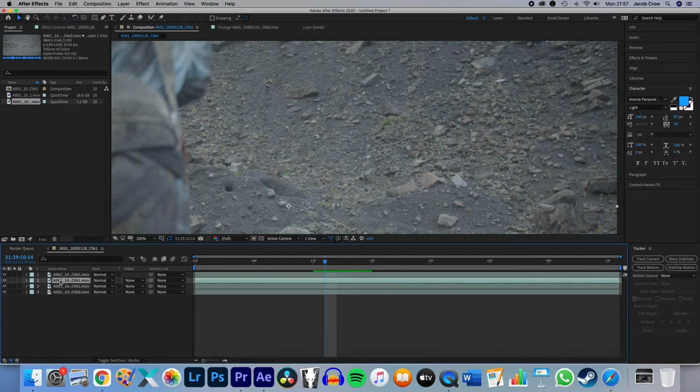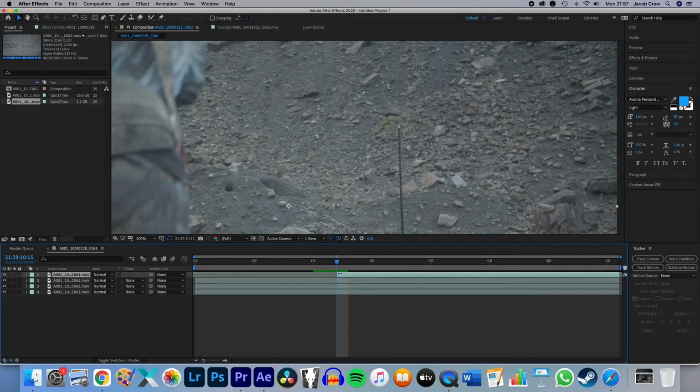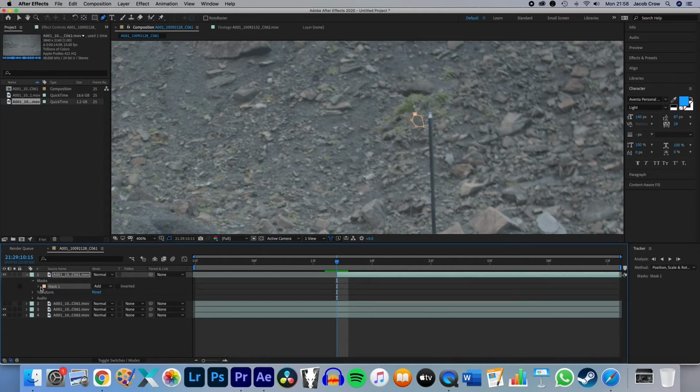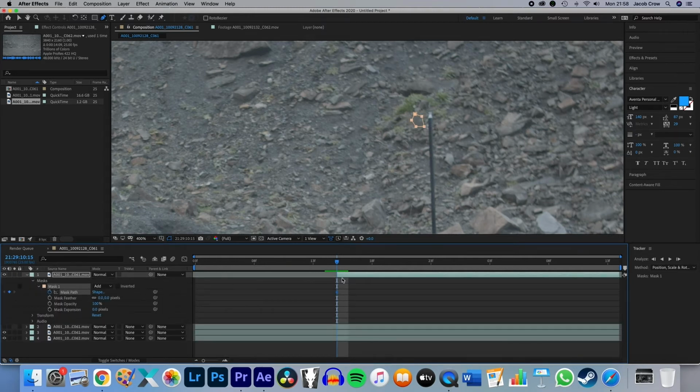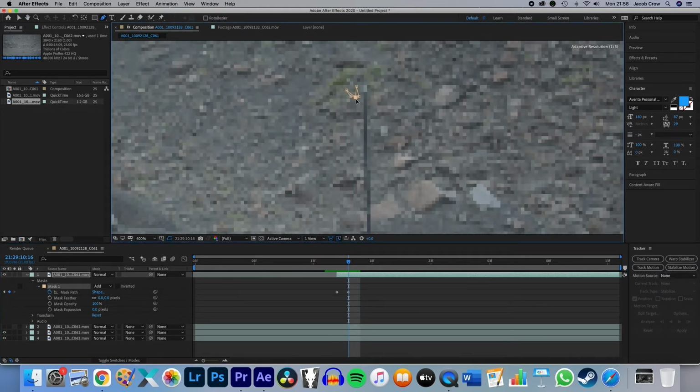So what we're going to do is just duplicate the layer with the rock in, and we will just make sure that the only part that's selected is the bit where the rock disappears behind our main mask. And we're just going to mask very roughly because it's motion blurred, it's not too visible. We're just going to mask around it, and then we'll just make sure that's invisible so we can see where the rock is going. And then it's just a case of tracking the mask path with the rock, and just